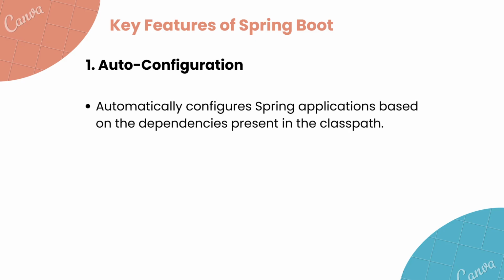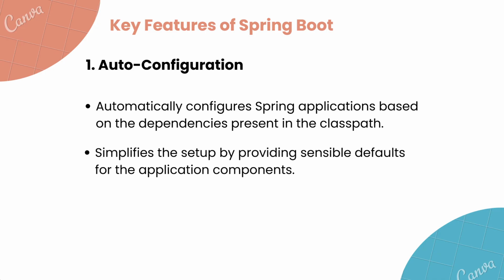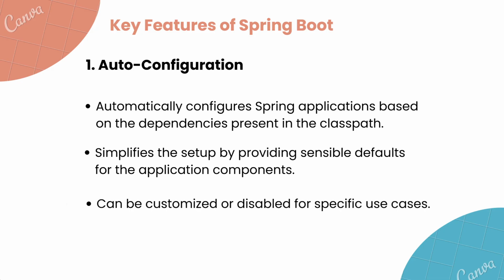Key features of Spring Boot. Now let's first talk about auto configuration. It automatically sets up a Spring application based on the dependencies in the classpath. It simplifies the setup by providing sensible defaults for the application components. It can be customized or disabled for specific use cases. We can customize the configuration by using the application.properties or application.yml files. It also reduces the need for manual configuration, enabling developers to focus on building features rather than setting up the